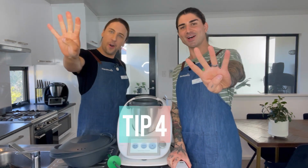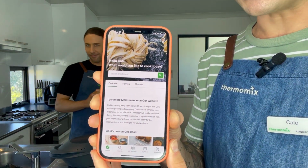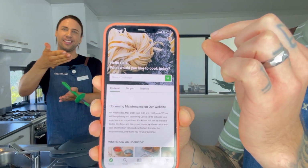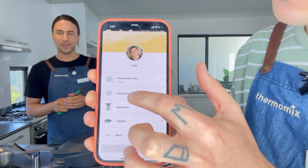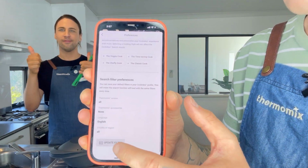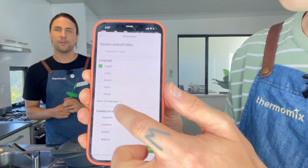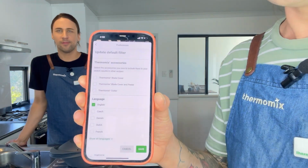Tip number 4. We find a lot of people are set to Just Australia on Cookidoo, so to open up more recipes in the English language, go open your Cookidoo app and click your profile icon in the top right, then click in Preferences. If you scroll down and click Update Filter, you can actually change your country, so untick Australia or wherever you're from. And if you select the languages you can speak, that's going to open up to a lot of other